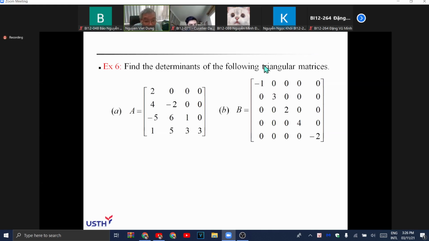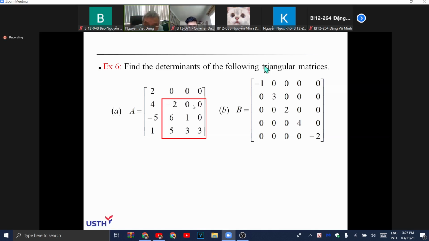use the cofactor along the first row. The first row here has only one non-zero entry, that is the number 2, and all other entries are 0. So we can expand along that row and you get that one. The determinant of A will be 2 multiplied by the determinant of the matrix in the red box here. And again, the matrix in the red box is an upper triangular matrix, and you can expand it along